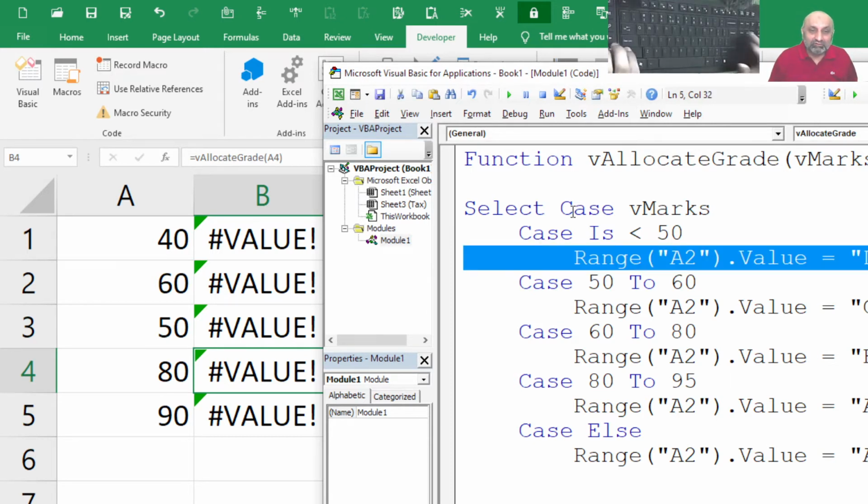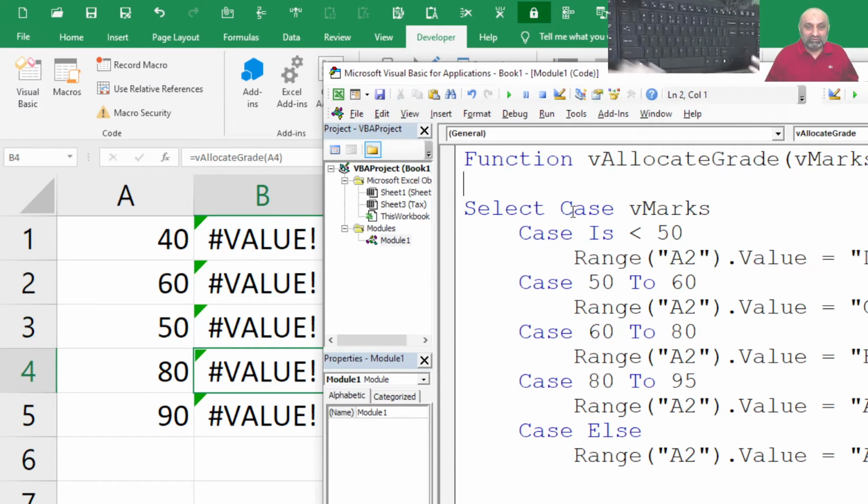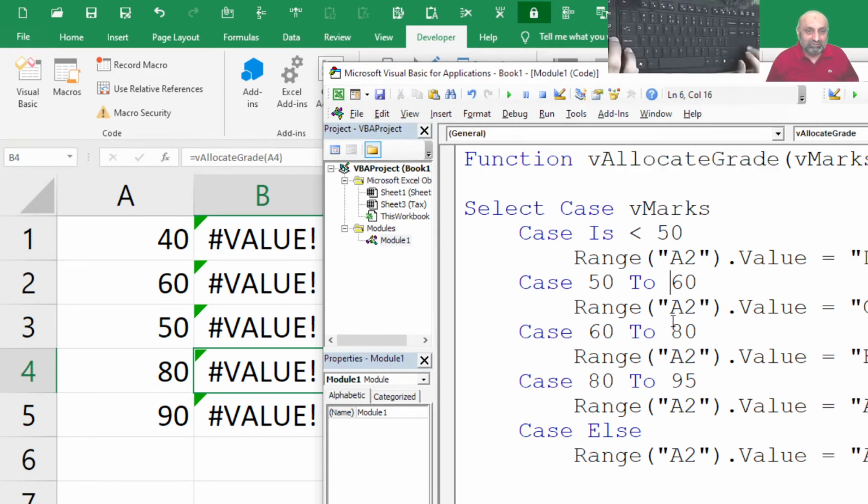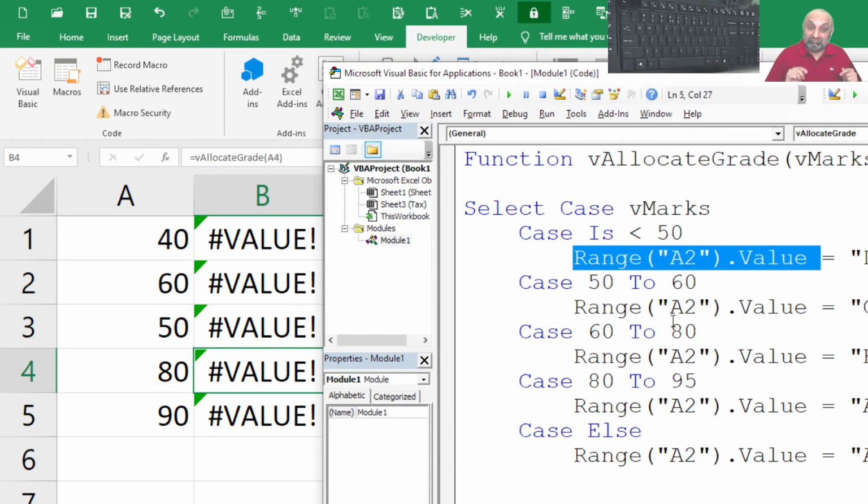What we are doing is assigning a value to Range A2. No sir, the value should be assigned to the function name. So the function name should replace all Range A2 dot Value. How am I going to do this? I'm going to select this, Ctrl C, and then select this. I'm not going to type it five times.